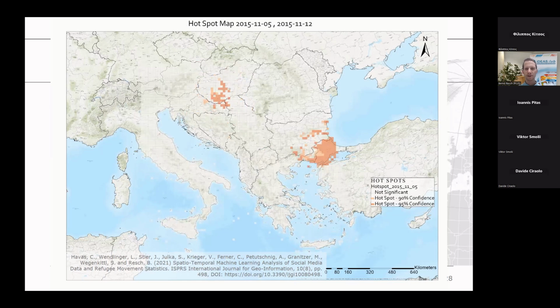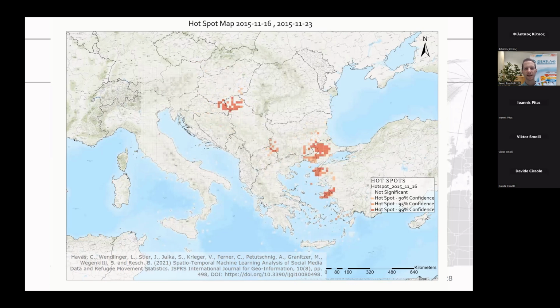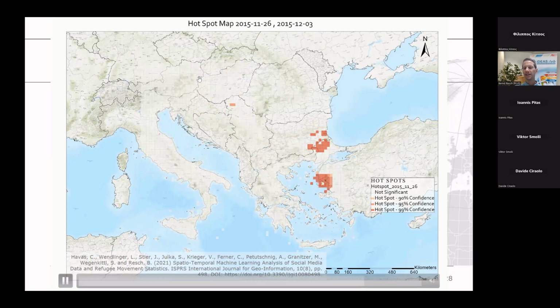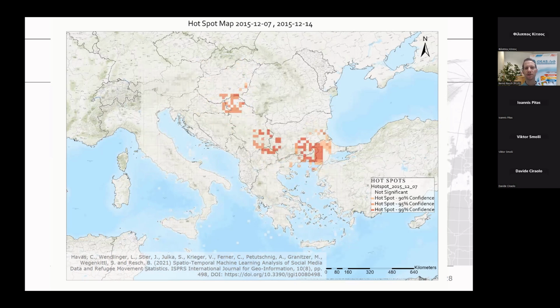Just a few anecdotes. One rescue organization was calling me Saturday night, 9:30, and they said, look, we heard by our informants that Erdogan, the Turkish president, is opening the border towards Greece, and we expect 250,000 people at the Hungarian-Austrian border here in 4 days. Is that true or not? And then we take a look into the data, we take the live stream, analyze it, and then we say, probably not happening.